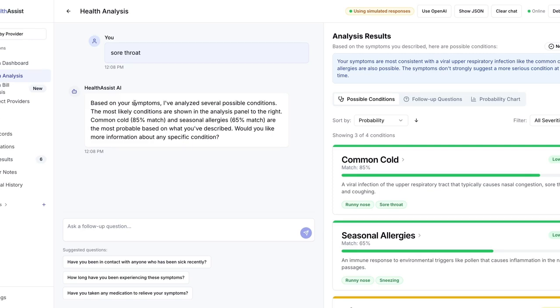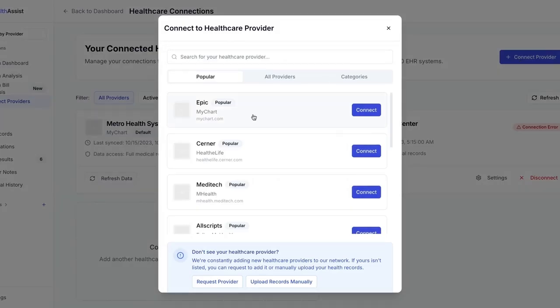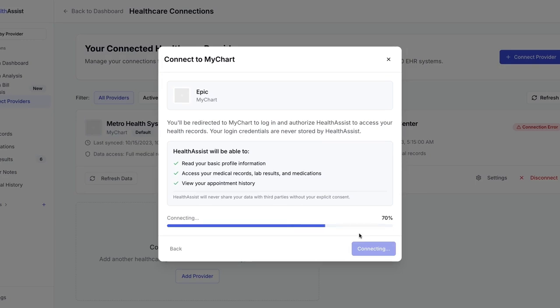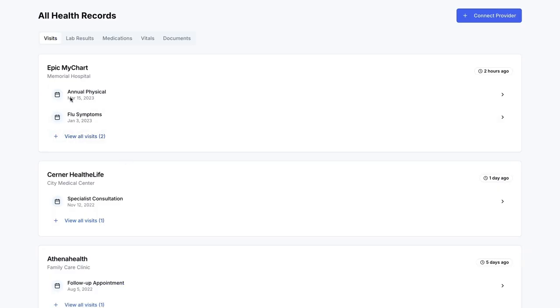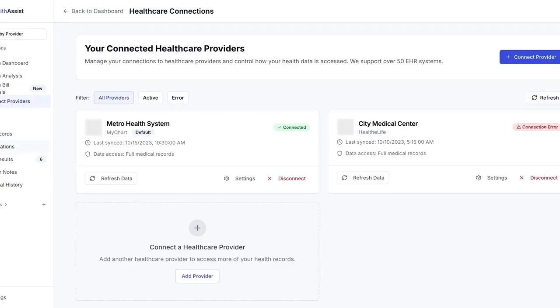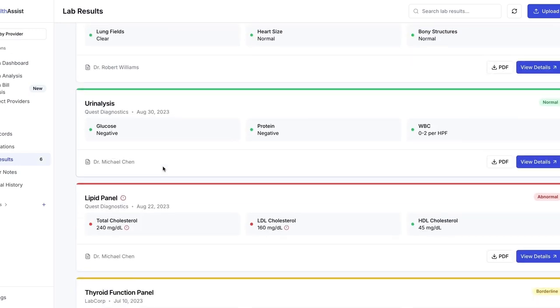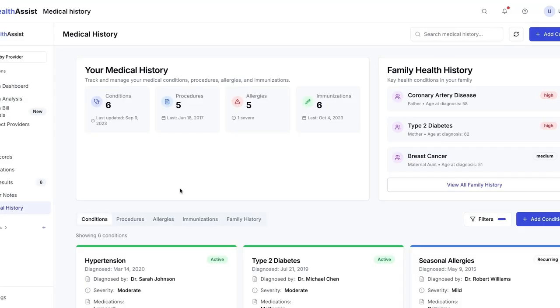Now, again, the second part of this is that LLMs cannot give you the ability to connect to providers, as you can see here. So for instance, I know my chat is the provider. It's the provider that my primary care physician uses. So I can go in there, click, and upload all the available data that they have about me, right? So I can get my full records. I can get the medications that I currently take. I can get my lab results, right? I can get my doctor notes, and I can get my medical